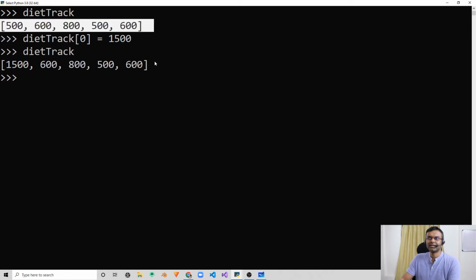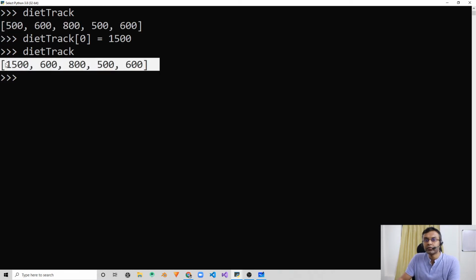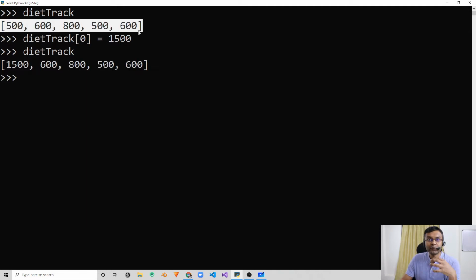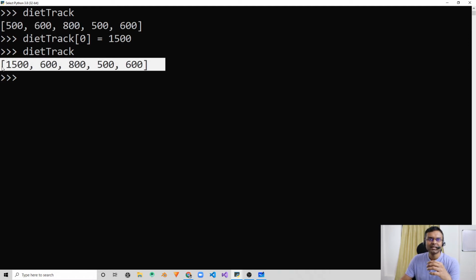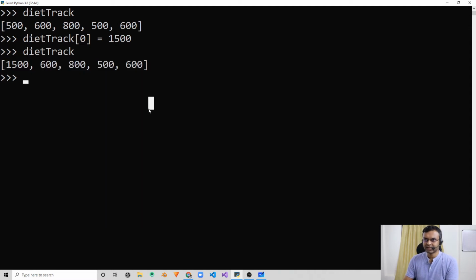Now if this is the functionality that you're going for, yes, by all means keep using a list. But if you want the data to be immutable, as in not changeable, then instead of using a list, make use of a tuple. So let's do the same thing with a tuple right now. I'll create another variable called diet track underscore t.